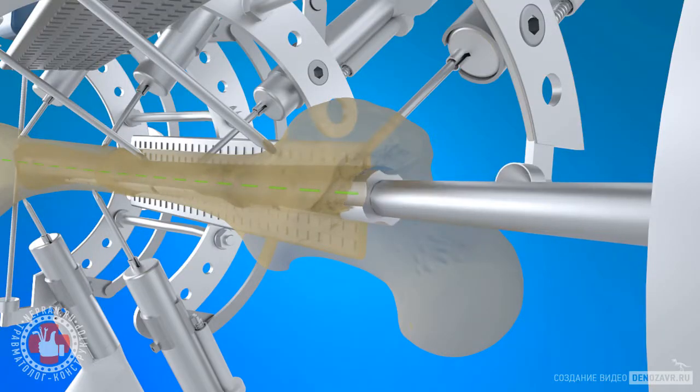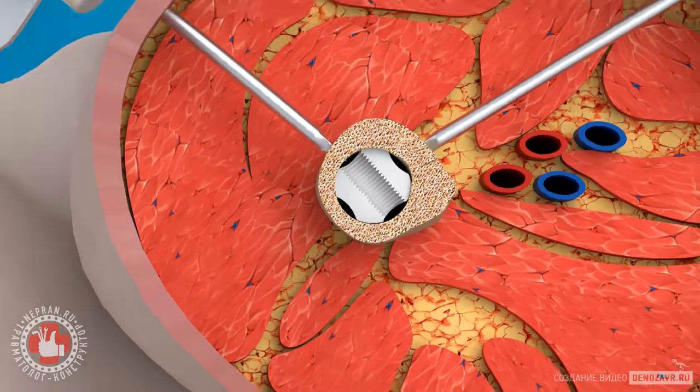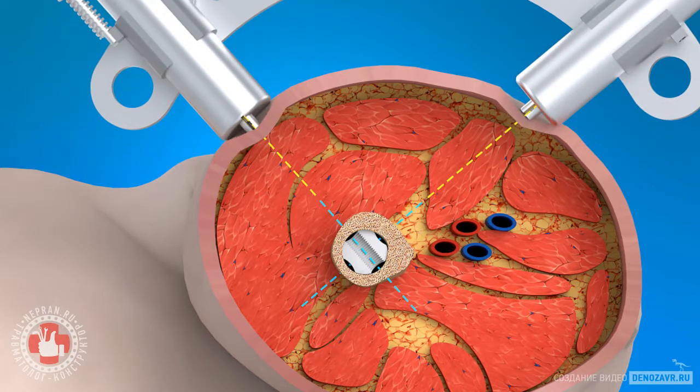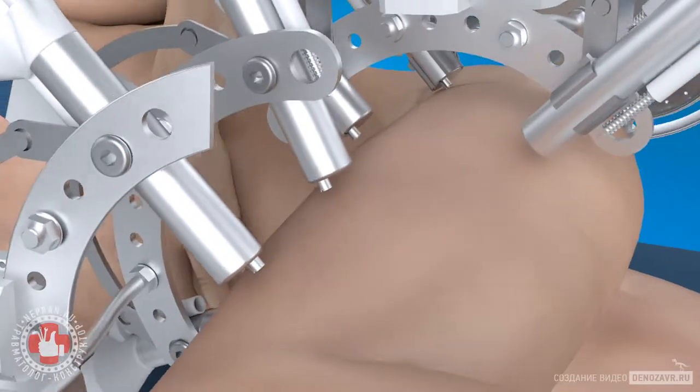8 scalpels are used to cut through the soft tissue. 8 drills simultaneously drill the transverse channels into the bones in 2 passes. The first drill, passing through the threaded channels of the rod, drills both cortical layers, and the second, of a larger diameter, only the proximal cortical layer,